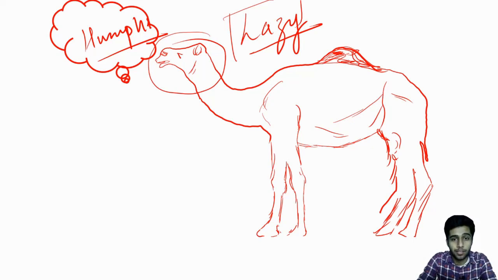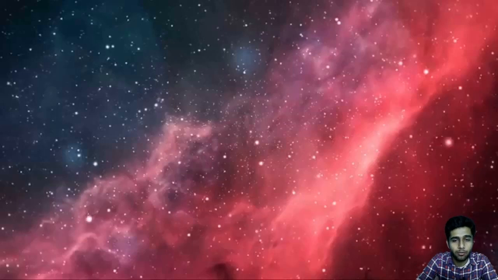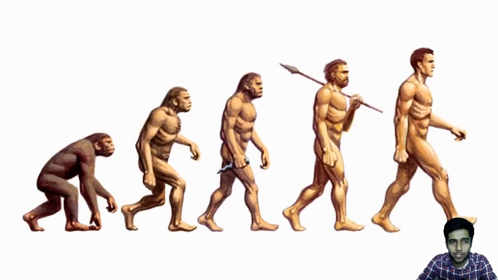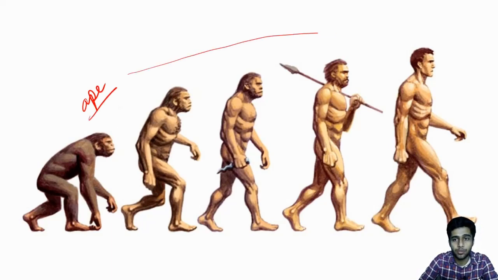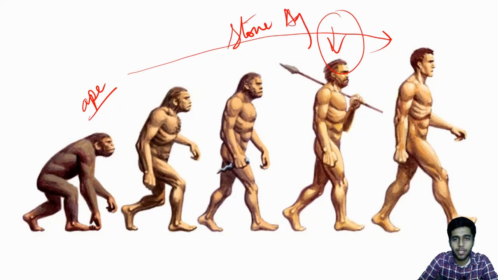So now the story is of this time where the civilization had just started. Man was just starting to progress from being an ape. So this was an ape, and we, with evolution, change into this. So this is the story of this time where we were still in the stone age. There were various ages of evolution. We were still in the stone age, and